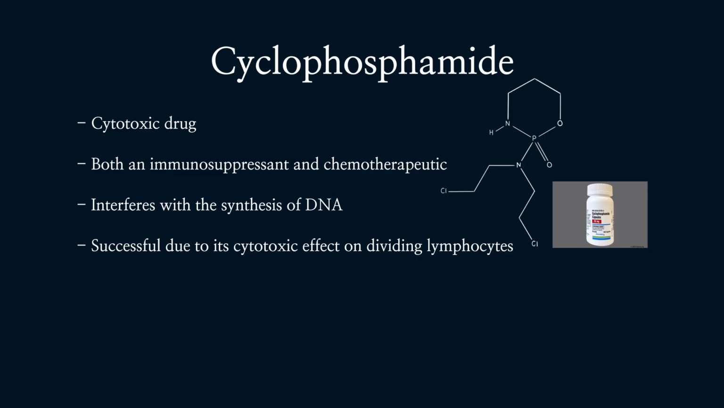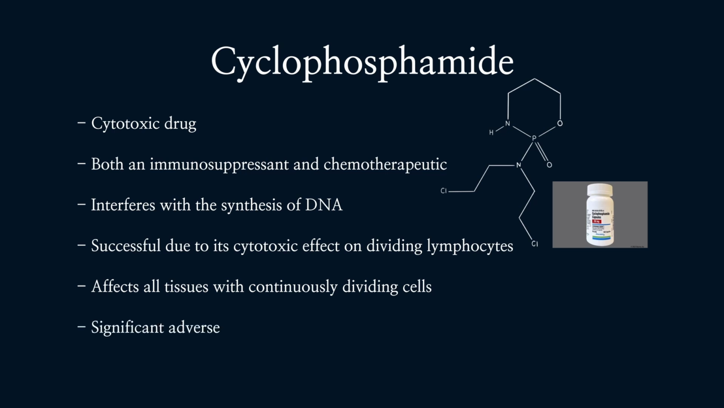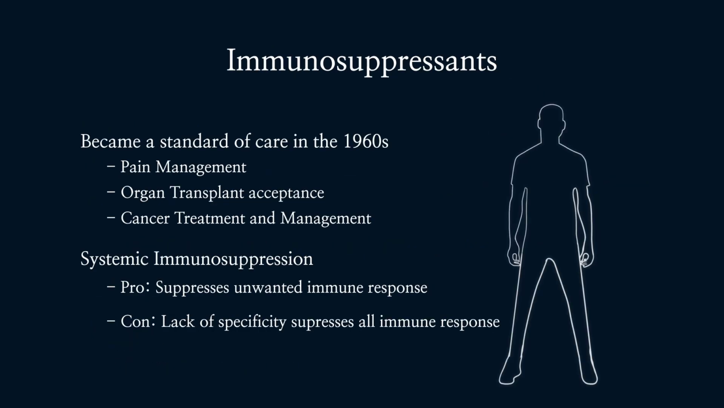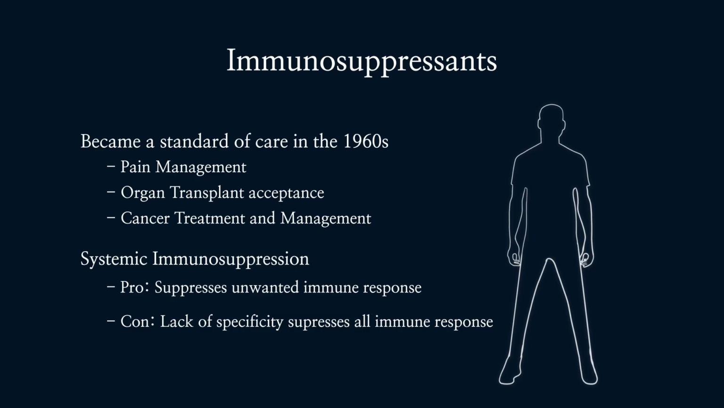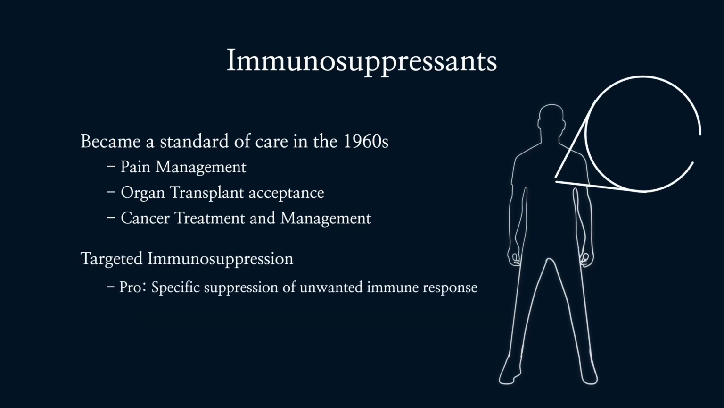While effective, the drug's use is limited because of its effect on all tissues with continuously dividing cells, irrespective of the location of the immune response, causing significant adverse effects such as the hair loss and leukopenia often associated with chemotherapy. Due to the significant detriments of systemic immunosuppression, newer immunosuppressants have been developed to have specificity, targeting specific functions